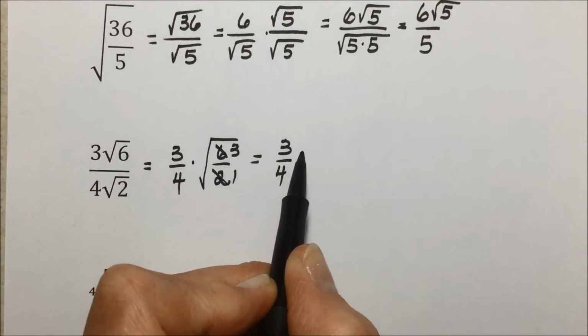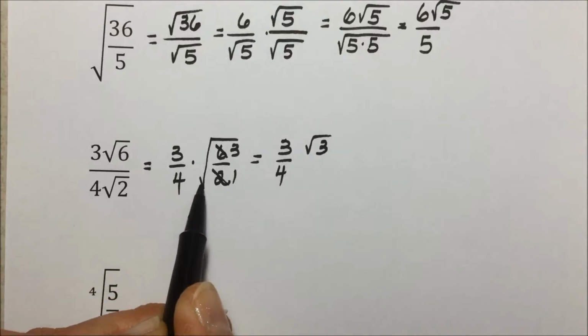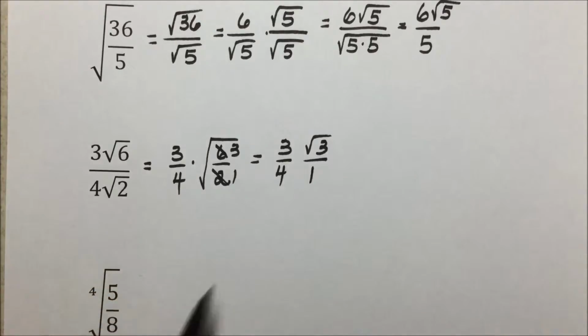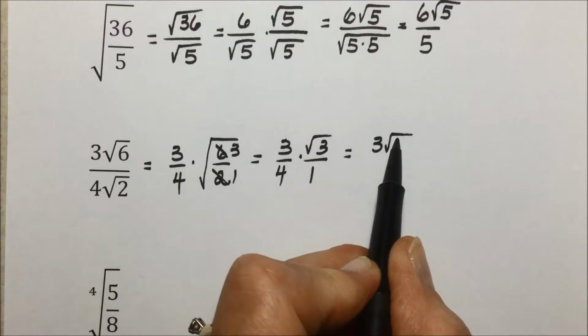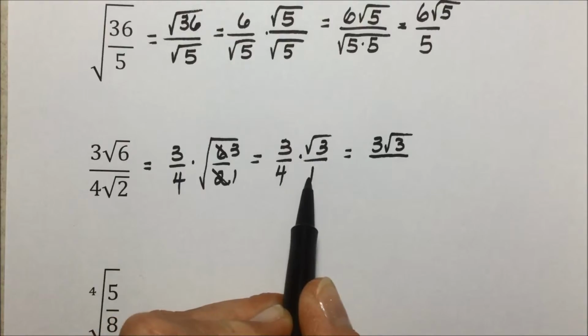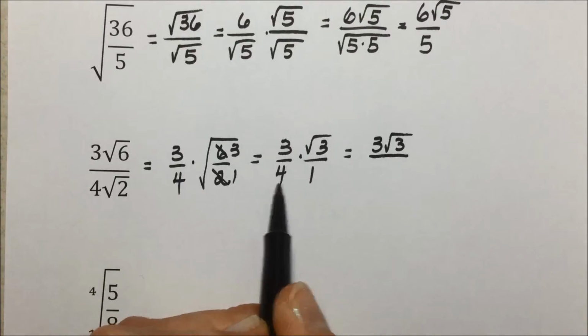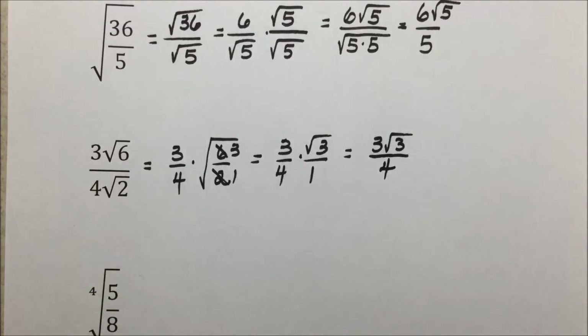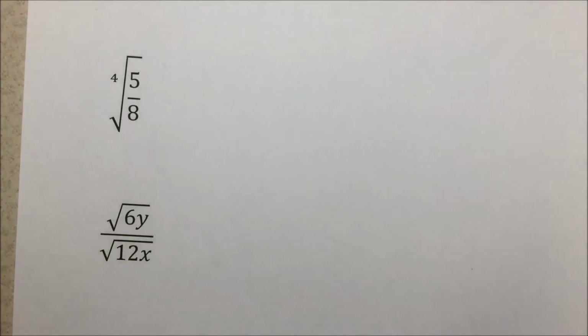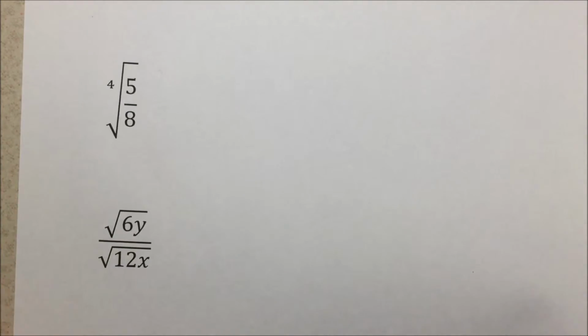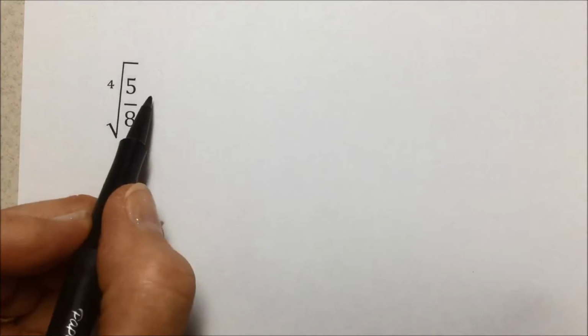We have the square root of 3 in the numerator, and we have the square root of 1, which is 1 in the denominator. There is no radical in the denominator now that we need to worry about rationalizing, other than writing our answer multiplied together, and having that denominator of 1 is understood. So we have 3 times the square root of 3 over 4 times 1, or simply 4, for our final answer. Rationalizing the denominator also works with other indices, and here we have the 4th root of 5/8,